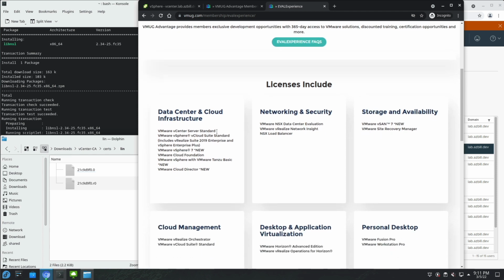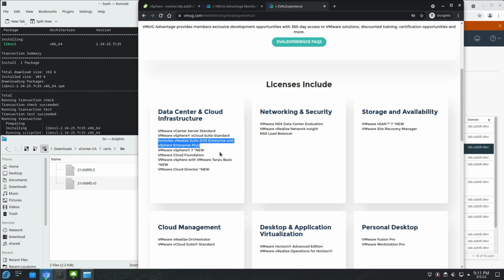You've got vCenter Server Standard, the vSphere vCloud Suite, includes vRealize Suite 2019 Enterprise and vSphere Enterprise Plus. So this right here is ideal if you want to get some hands-on experience in your home lab environment to ready yourself for a nice job as a VMware admin. A really, really good set of software there.